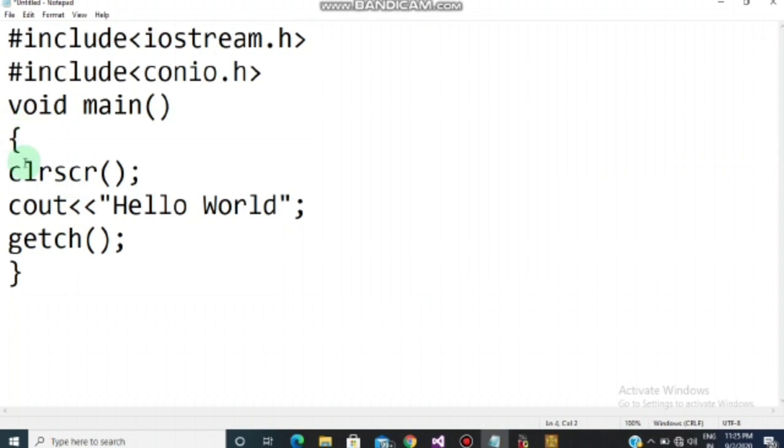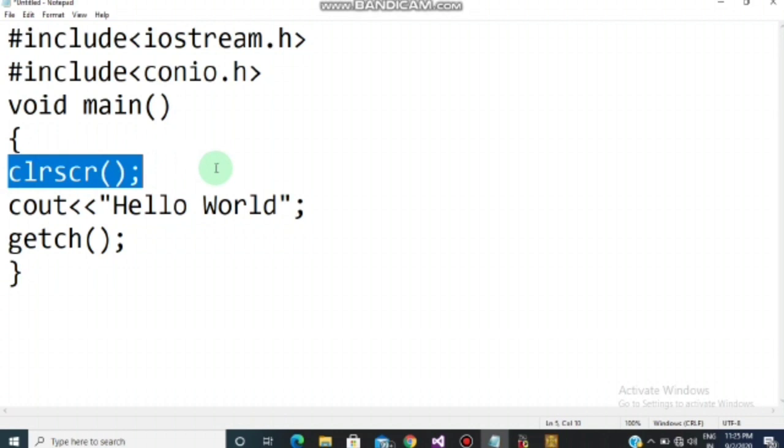Now after this curly brace, we are writing clrscr with a semicolon, children. So what does the clrscr function do? Basically it clears the screen, as you can read from here: clr, clear screen, scr, screen.